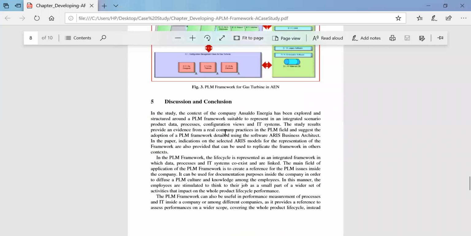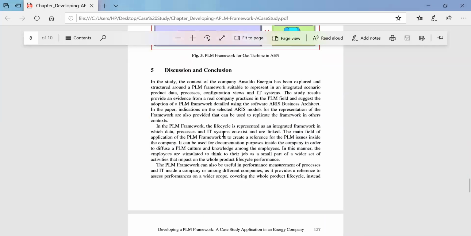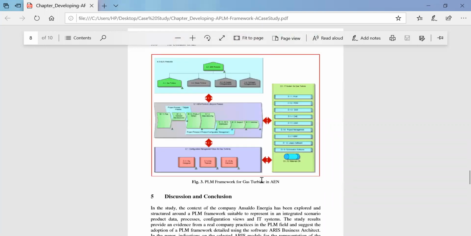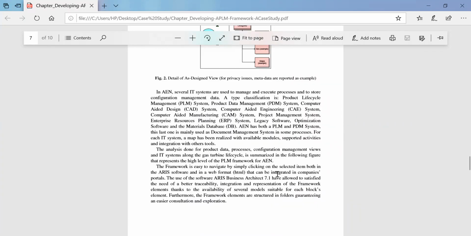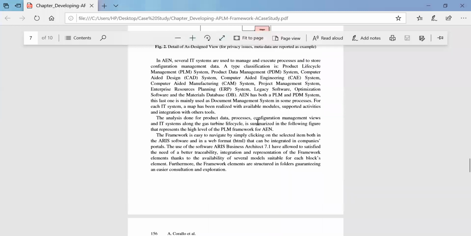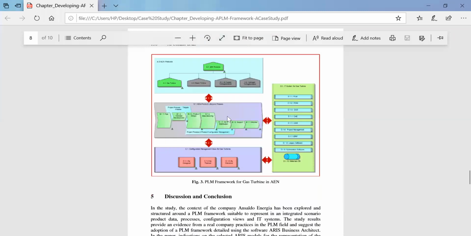And lastly, you have to see the proper framework, the PLM framework, which has been designed for the gas turbine. Okay, so here we have, please go through it. I am not able to explain each and every concept over here. I'll be sharing this case study.